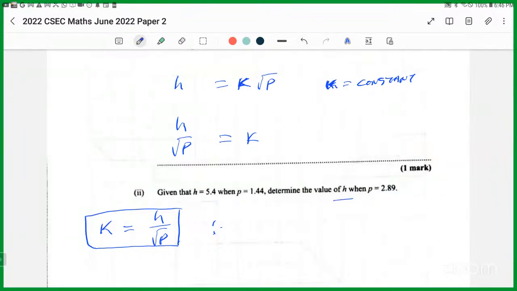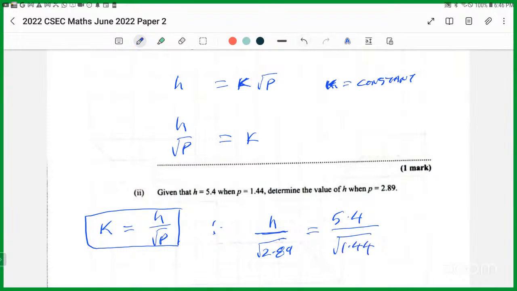So this h over the square root of 2.89, that's a p value, is going to be equal to this h value, which is 5.4, over the square root of this p value,